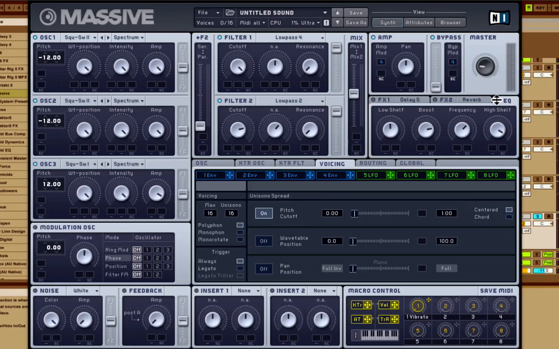this is what you guys should start out with, and then from there, with maybe external delays and better reverbs outside of Massive, so you can turn these off and use much better reverbs and delays. Like stock plugins are even a little bit better than these, but they're nice. I like the sound of these also. So with all that on,